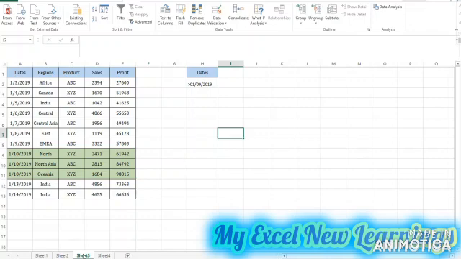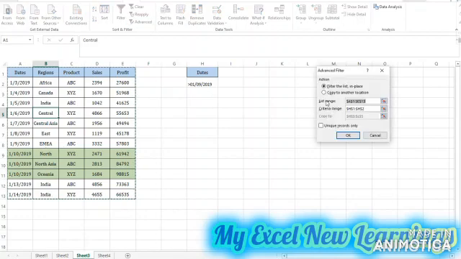Here you can use it with the dates or with greater than for the sales or the profit. So here I have just used a criteria for the dates which are greater than 1/9/2019. I want to pull the data which are greater than 1/9, that is 1st of Jan 2019. So I will click in the data, then go to the data tab, then click on the advanced filter.